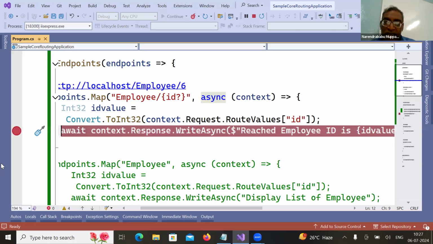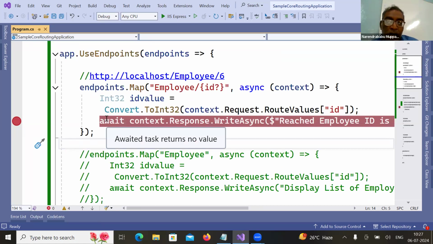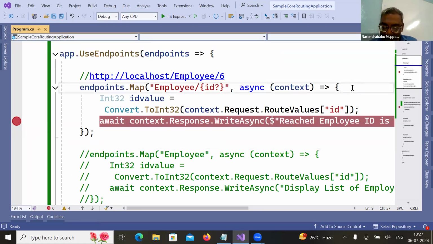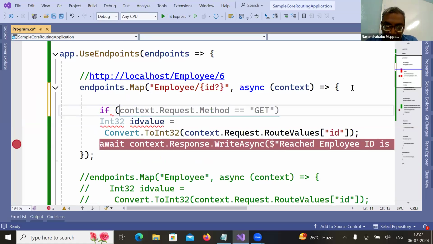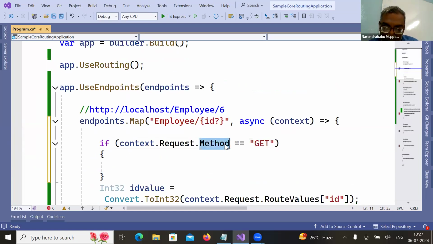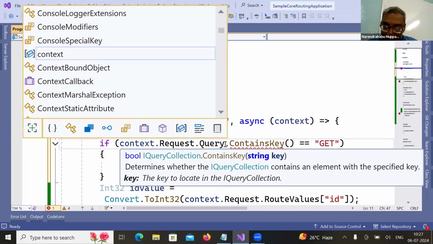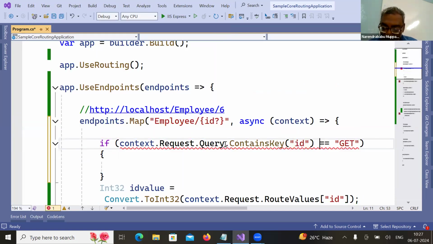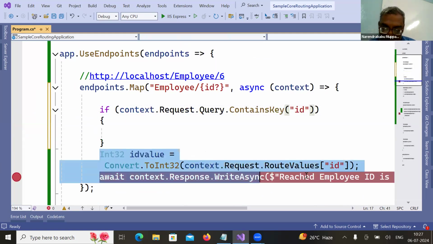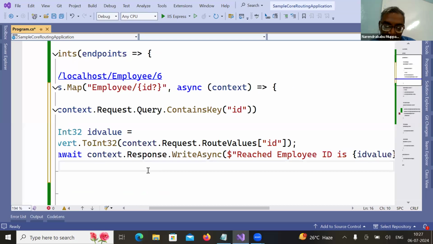Sir, this is not the right way to handle the mechanism. What I want to do is check a condition. According to that, I have to write a logic. So what I will do here inside: if context dot request method equals get, not using that. Simply say context dot query dot contains keys of ID. Then you pass this. You put this. Else part,